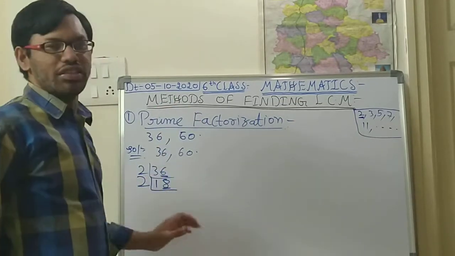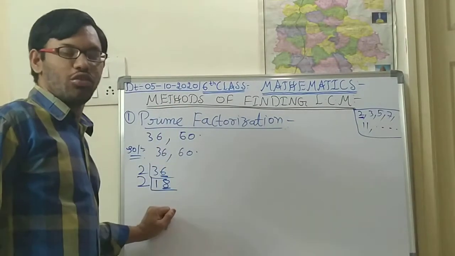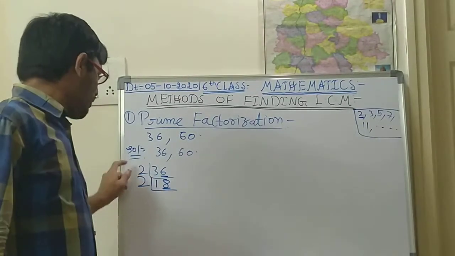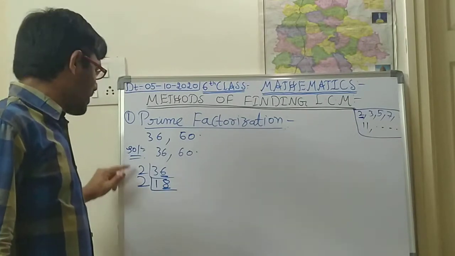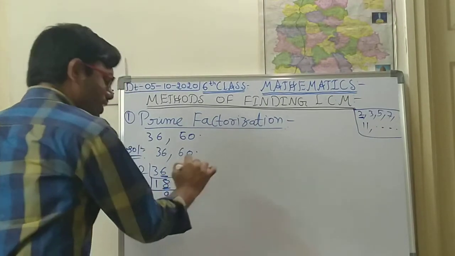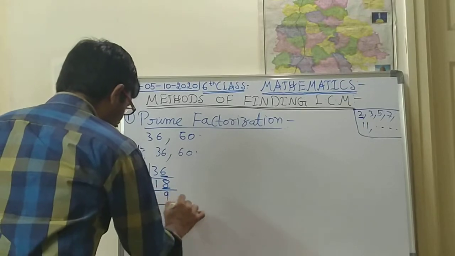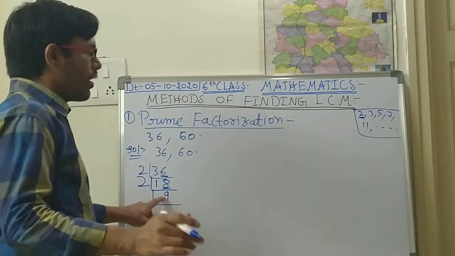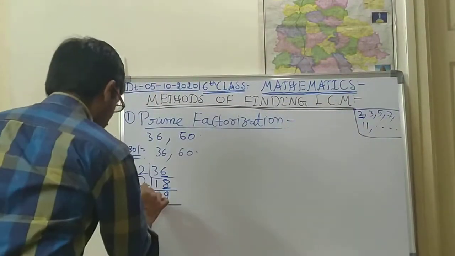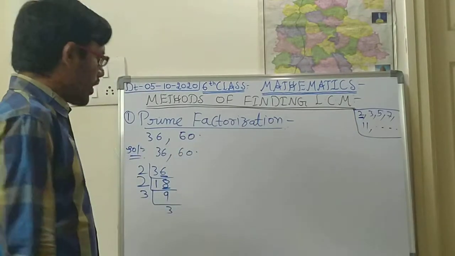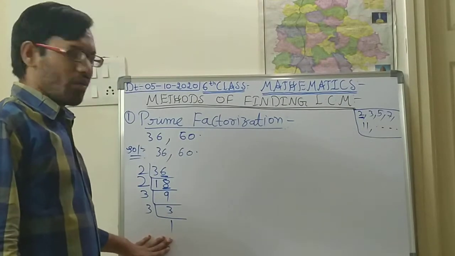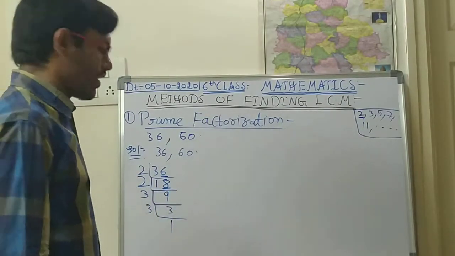If the number is divisible by 2, then compulsorily you should take 2 only. If you take 3 also, it will work, but there will be some disturbance in the prime numbers. So in the 2 table, 18 goes 2 9s are 18. Next, again, does 9 go in the 2 table? No. Then take the next prime number. What is the next prime number? 3. In the 3 table, does 9 go? Yes, 3 3s are 9. Again 3, 3 ones are 3. Once you get 1, you should stop finding prime factors.